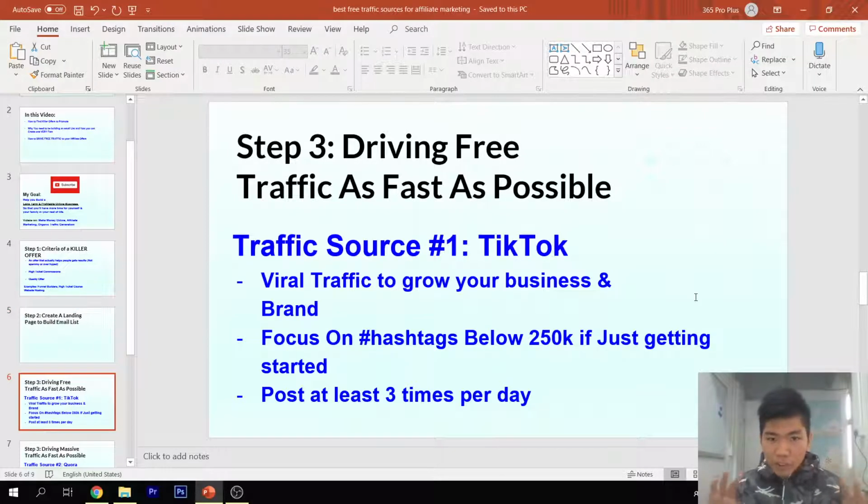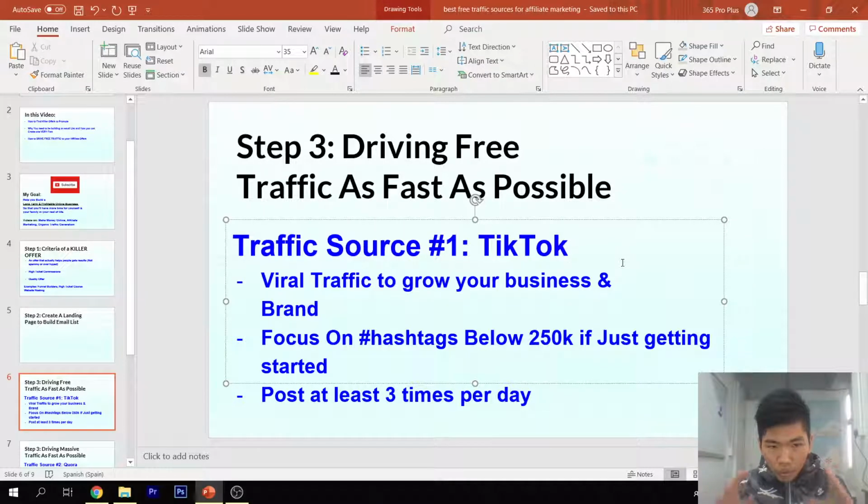So step number 3 is drive free traffic as fast as possible. The number one traffic source, which is TikTok, the organic reach is really insane. It's viral traffic to grow your business and brand. Okay? So what are the tactics if you're just beginning? You're just getting started with TikTok. Okay? What you should focus on is the hashtag below